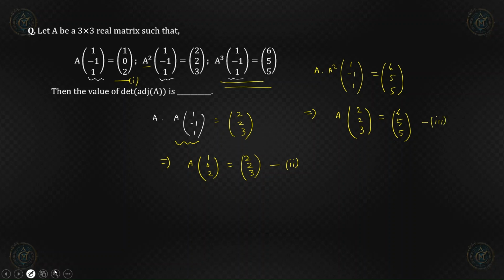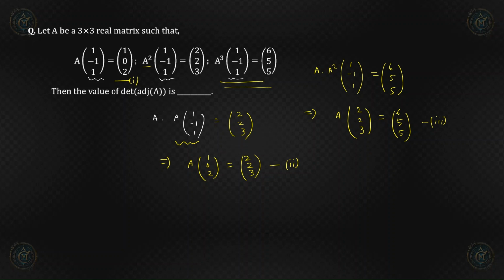Now how to calculate this A matrix or somehow find the determinant of this A matrix? Okay, this is what we have to learn from this problem. Approach 1, which is the most common approach you will find anywhere, is to just assume the matrix A to be some 9 variable matrix, right? 9 elements are there, so we have to consider 9 variables, and then by these three matrix equations, you will get 9 independent linear equations, and then you have to solve the system of linear equations of 9 variables. Okay, that is very much lengthy.